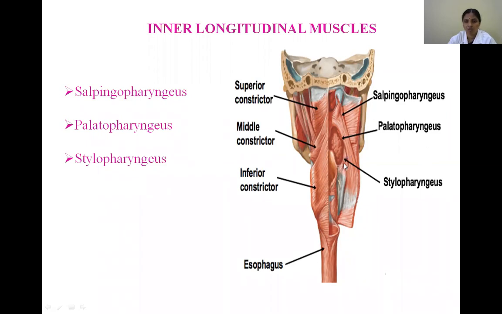So within the pharyngeal wall, what happens? It joins with the other two longitudinal muscles, where it forms a conjoint tendon. So what is a conjoint tendon? It is formed by all the three longitudinal muscles of the pharynx. Most of these tendinous fibers are inserted to the posterior border of the lamina of the thyroid cartilage. That is the most important insertion. So as it is inserted to the lamina of the thyroid cartilage, by contraction of this conjoint tendon, it can elevate the larynx during swallowing.